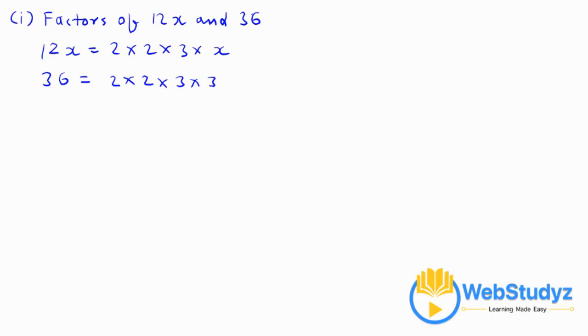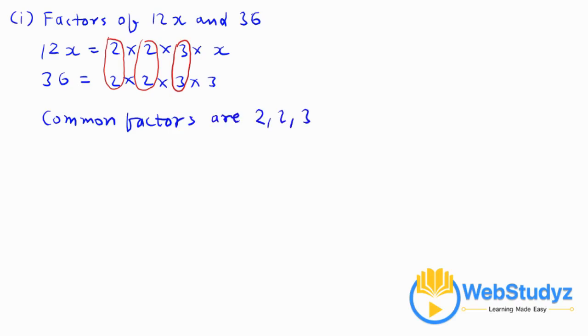As we can see, we have three common factors which are 2, 2 and 3. So we can write from here that common factors are 2, 2 and 3. Now move on to the second one,